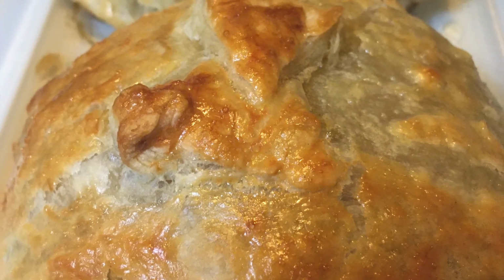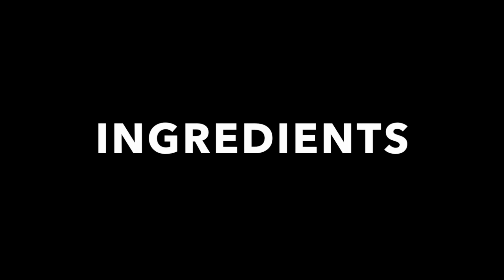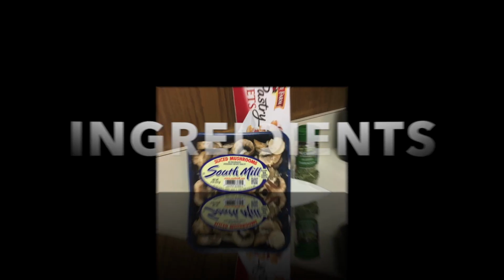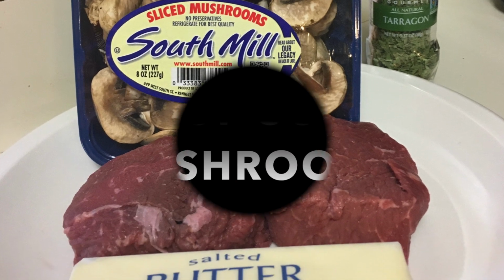Today we're going to make beef Wellingtons, delicious for the holidays and delicious every day. And we start with some ingredients. We're going to use a couple of nice fillets, some butter, some mushrooms, some puff pastry sheets, and we're going